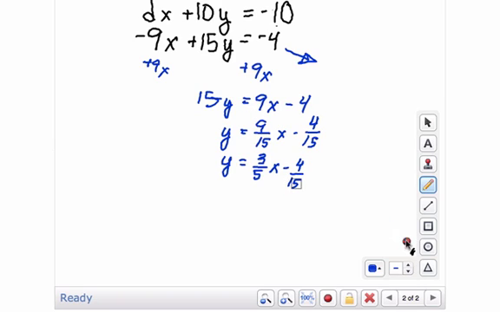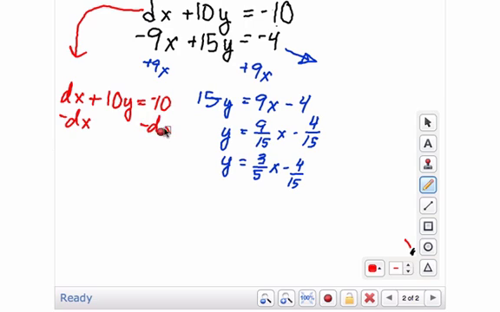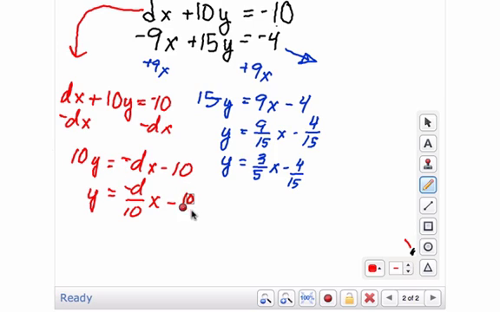Okay. Now do the same thing, solve the second equation here for y. So we're going to subtract dx from both sides. And that's going to leave you with 10y equals negative dx minus 10. And divide everything by 10, and so that's going to leave you with negative d over 10 x minus 10 over 10, which is again just a negative 1. But we don't need to worry about simplifying that,